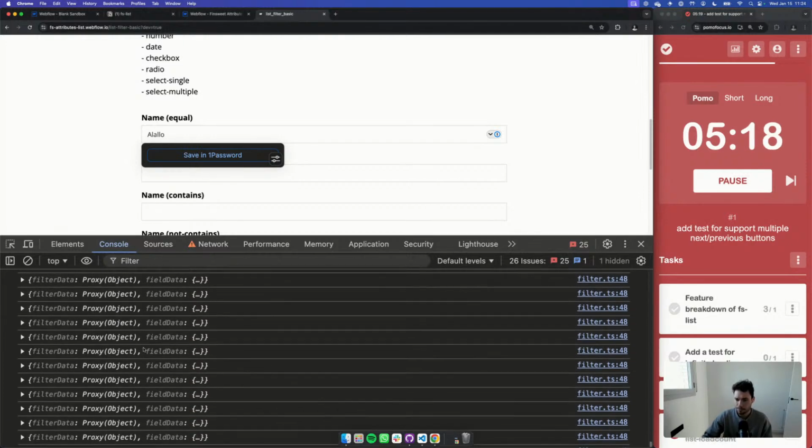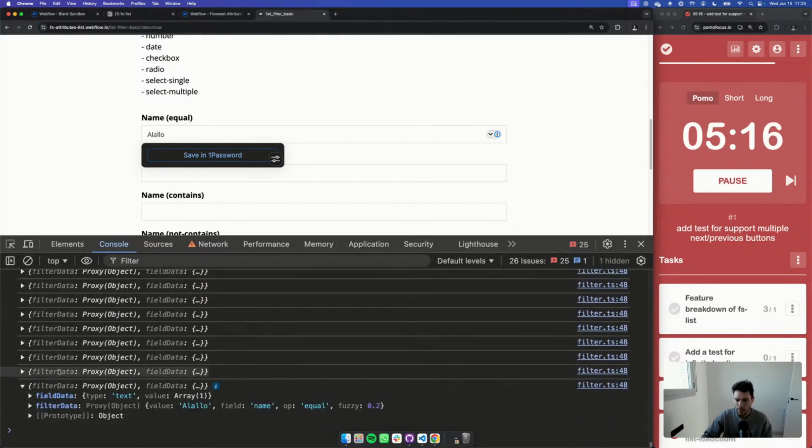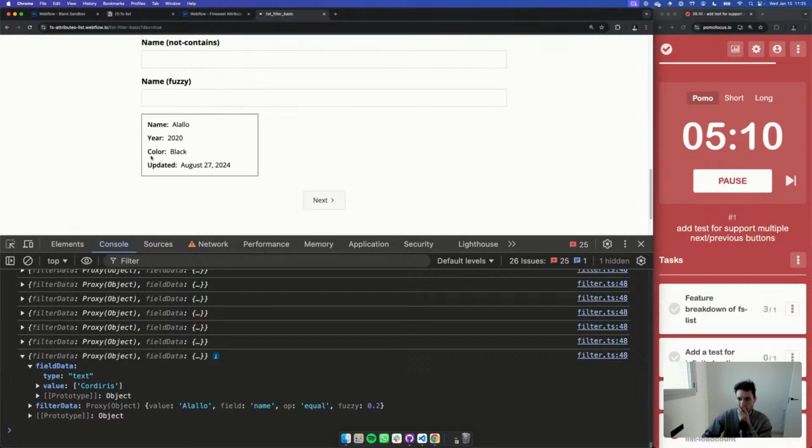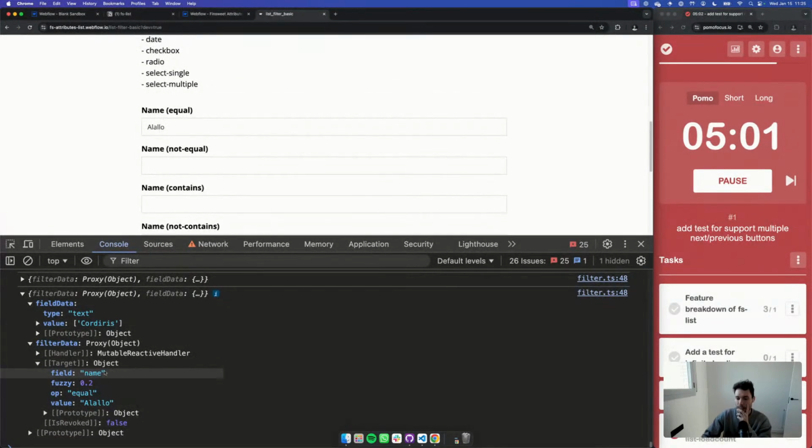So we've got the filtering in here, and the data is the field data. It's the field from the item. Correct. And the filter data is the data from the filter, which in this case would be the field name with the operator of equal and the value of LLO.